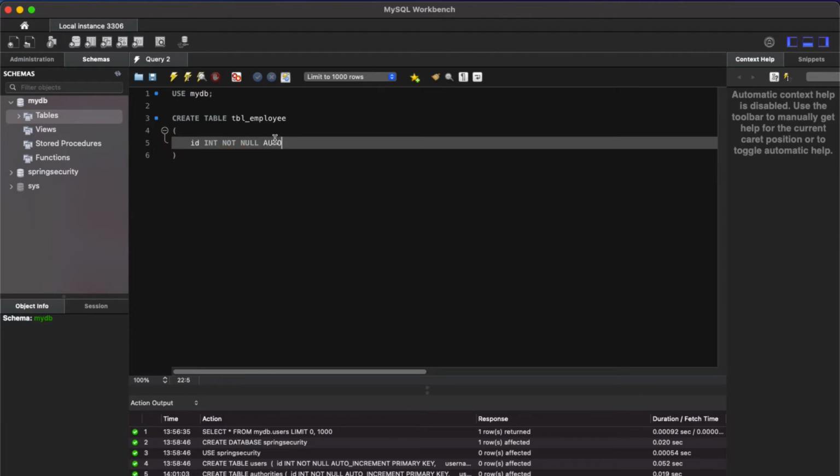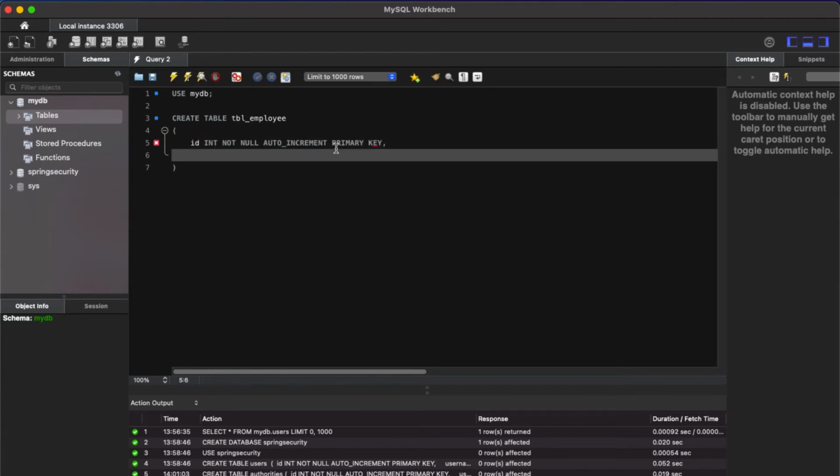And next we are going to create the other column, which is age, which is of type int, and which is also not null.